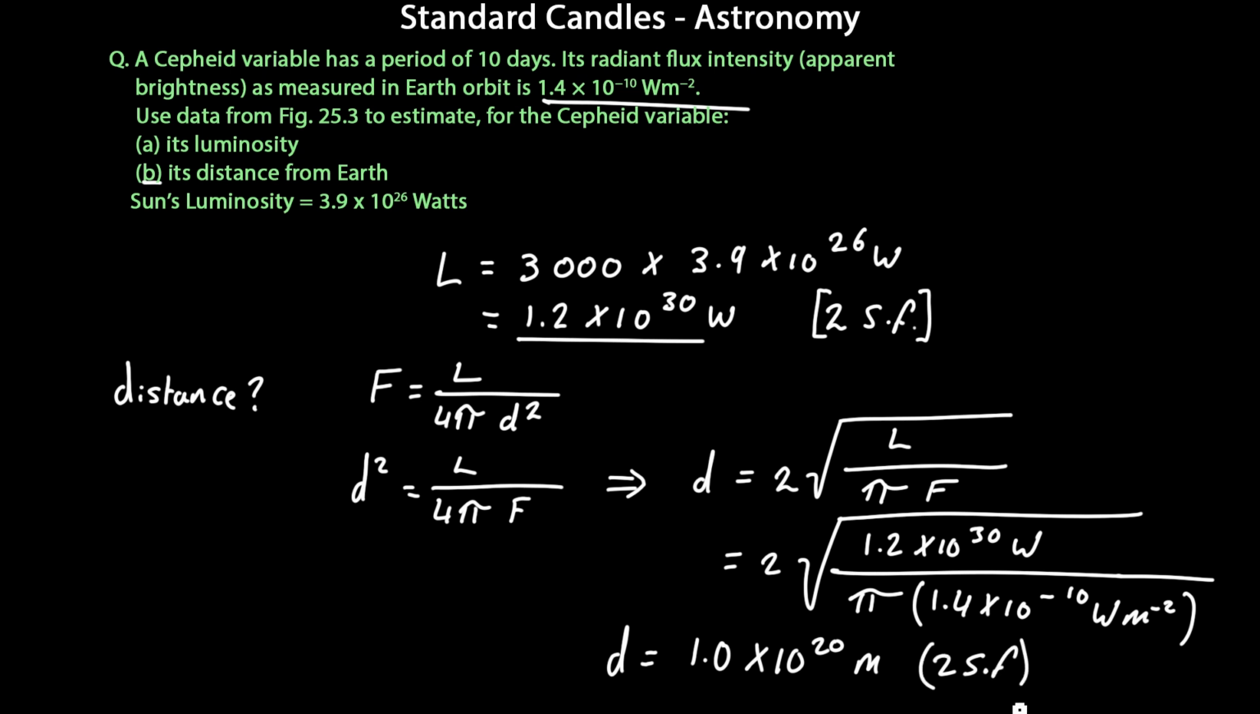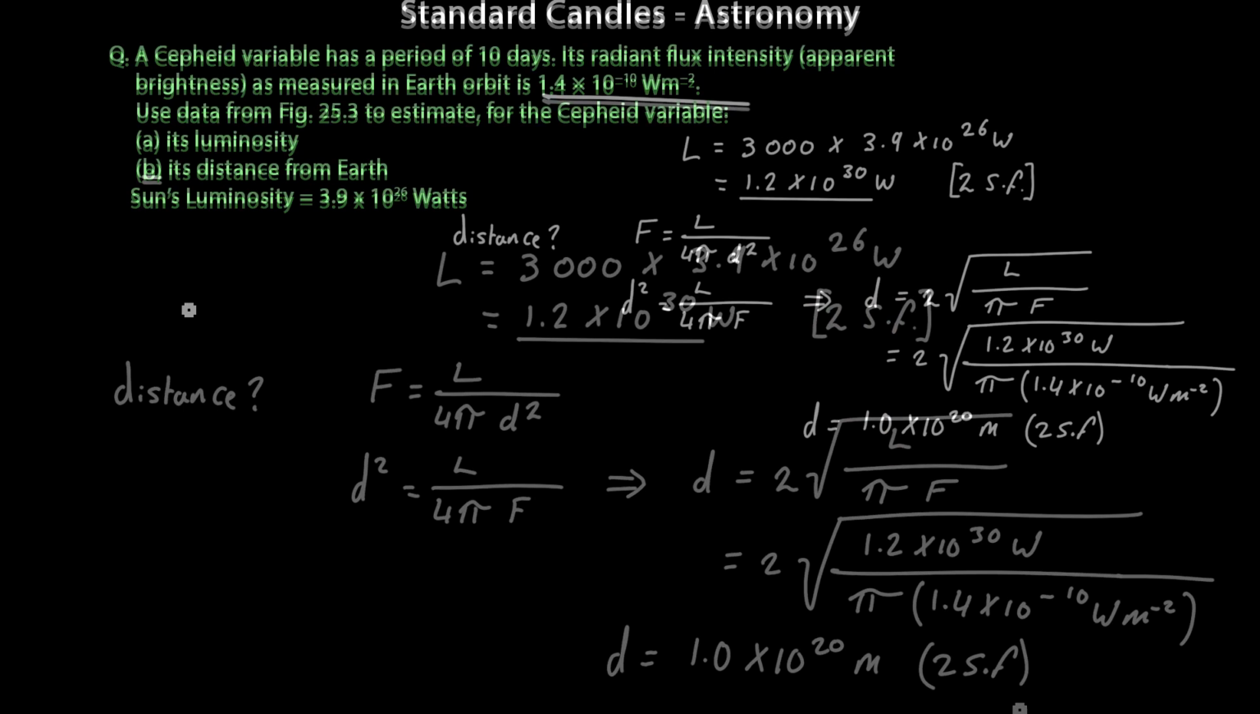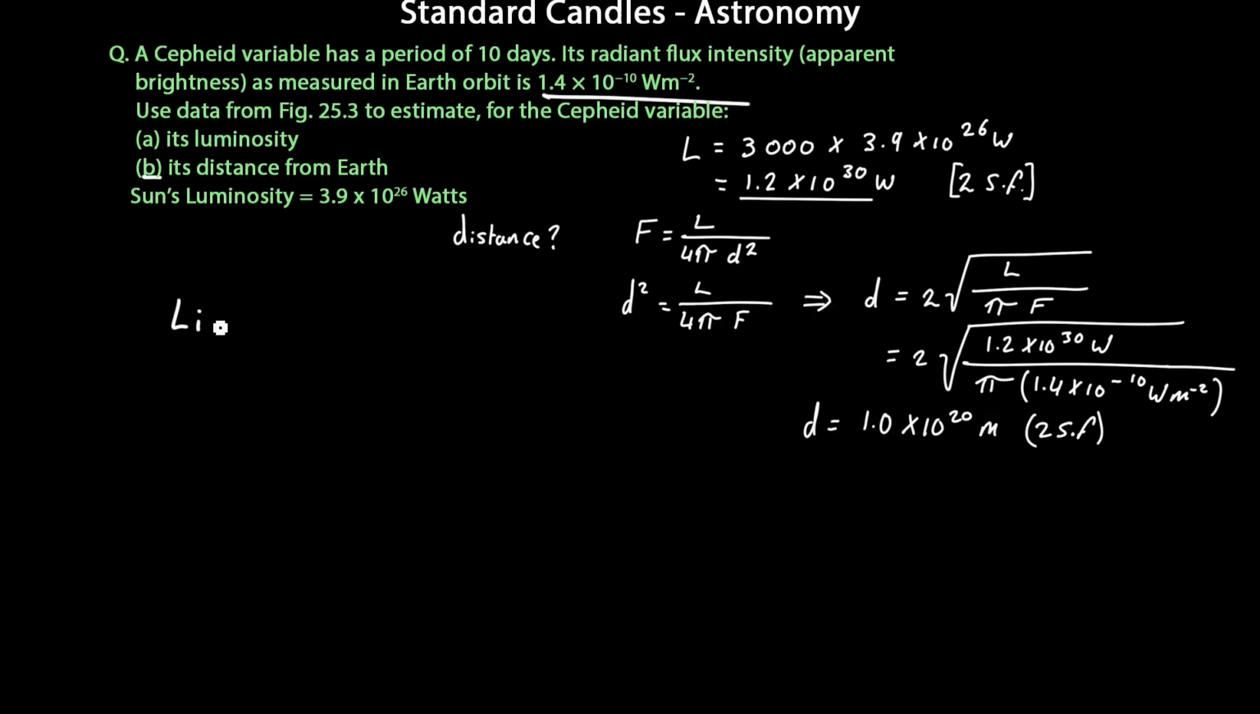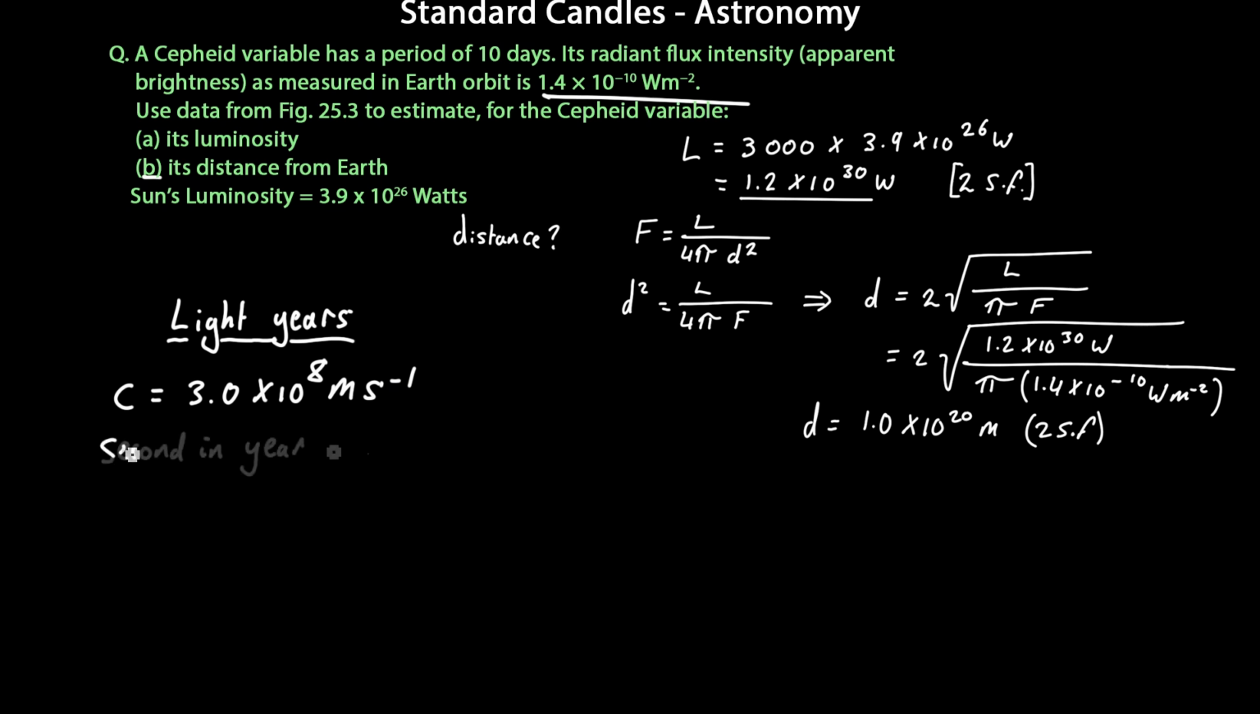So the next step, we do have the distance now, but I'm going to convert this distance into light years. So a light year is the distance light travels in a single year. Now the speed of light to two significant figures is 3.0 times 10 to the 8 meters per second. And now we need to calculate the number of seconds within a year. So we've got